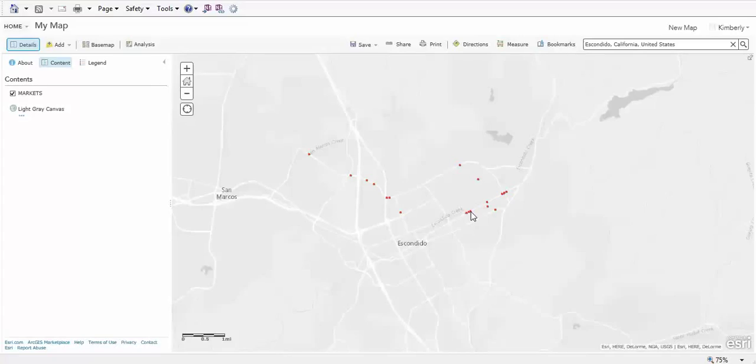Once we have information on the map, a very common thing we need to do first is change the symbology so we can better understand the information we're mapping. Coming over here, we see the canvas is light gray, and that's our background, and the markets is our point coverage that we're mapping. Here we can hover over the individual icons,